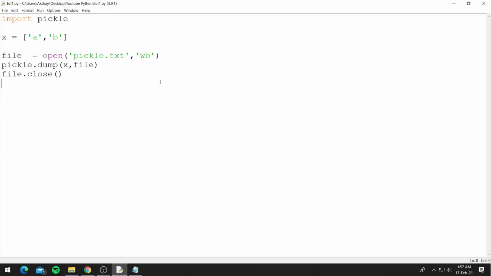But when we read this, it will give us a list back. So the difference between using a for loop and pickle is that pickle stores the list as it is. It will store it as a list. But with file.write, we need to use for loops and store the data as strings. So now we know how we can write or append data to a file. The next video will be about how to read data from a file.